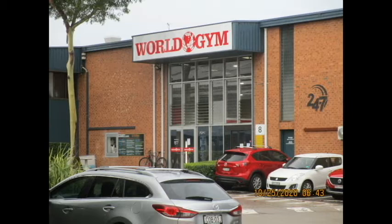And the gym that we're covering today is World Gym Northern Beaches. So it's the old Kingdom Gym up in Brookvale in Sydney's Northern Beaches. And this gym, in my opinion, has always been my favourite gym in Sydney, and I would rank this as Sydney's best gym. And the reason why I would say that is just because of the variety and selection of